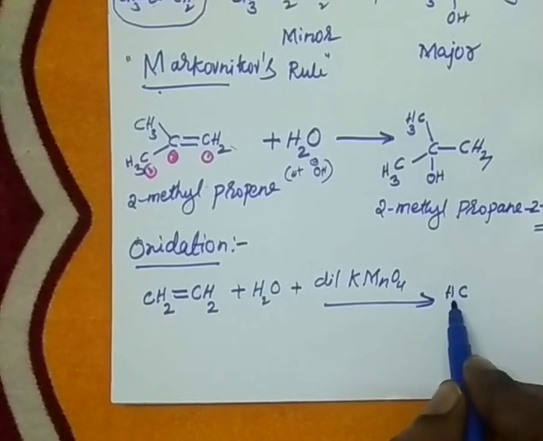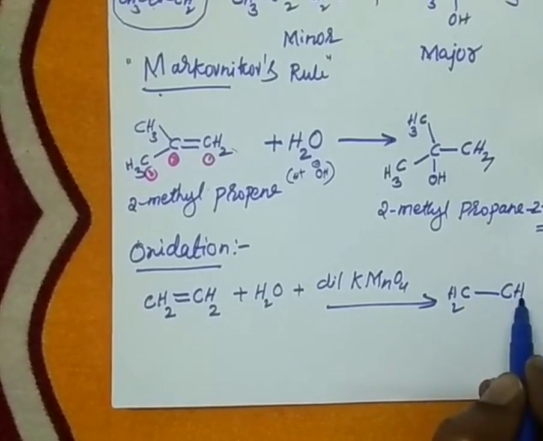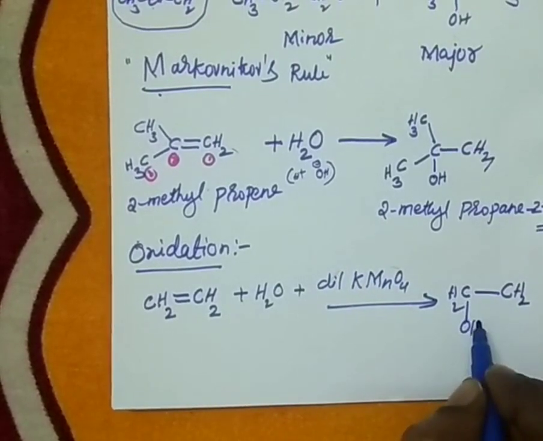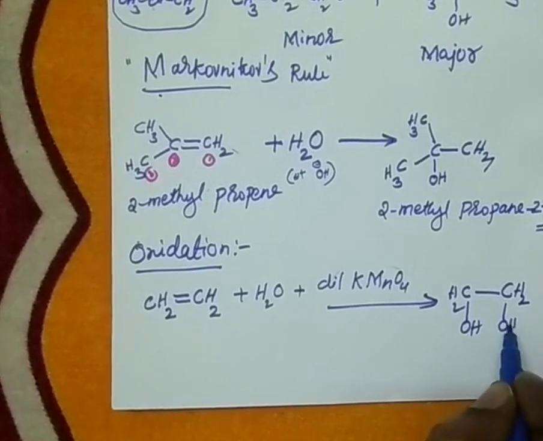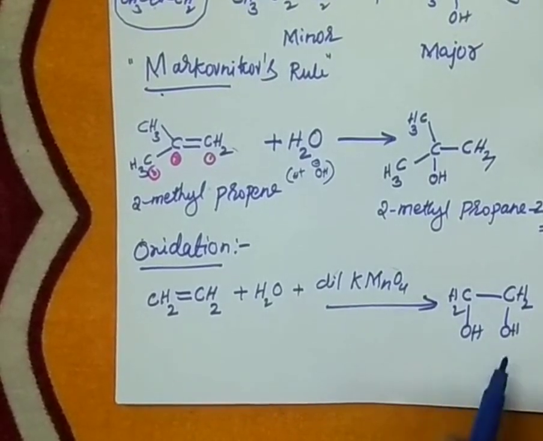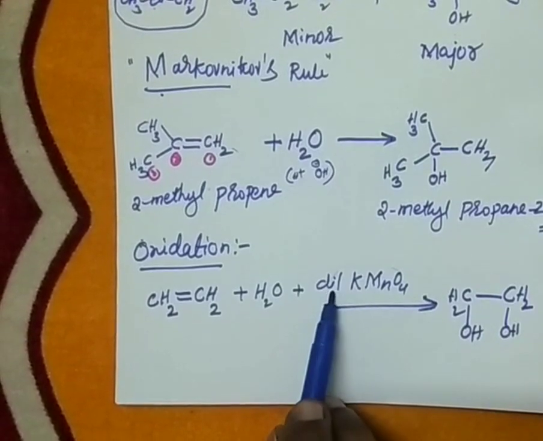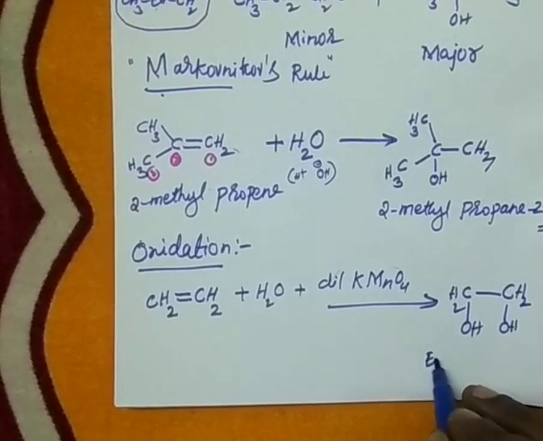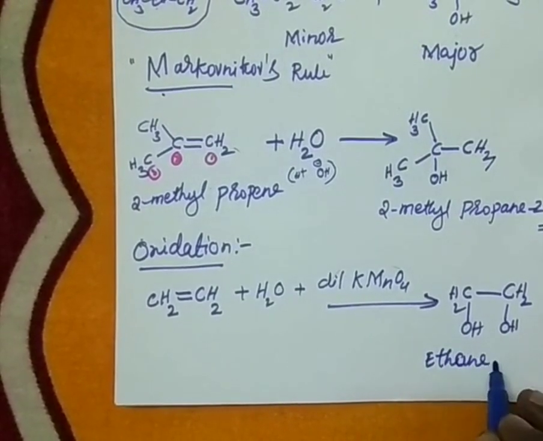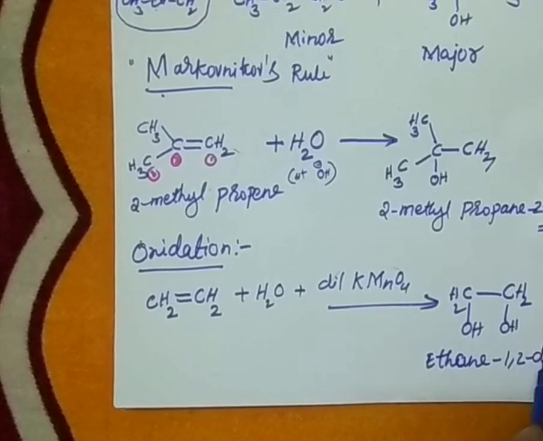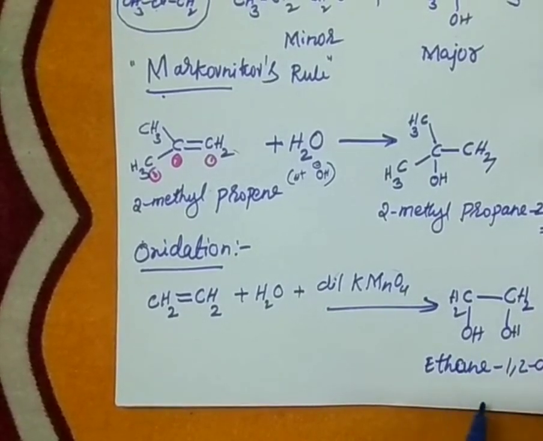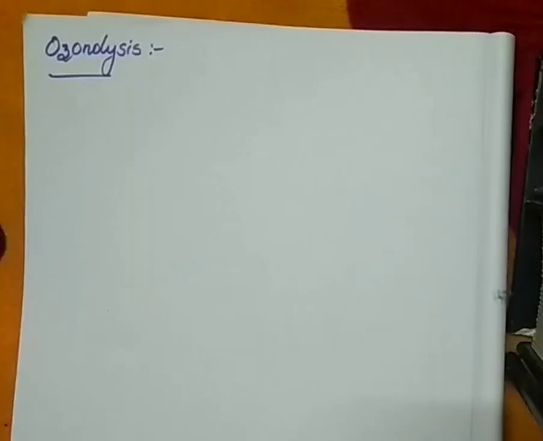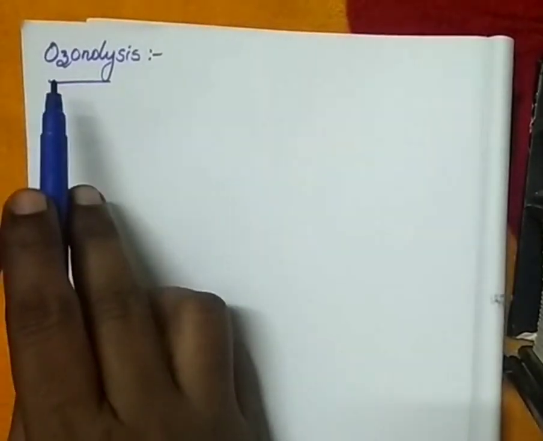How to write the product? First write the reactant without the double bond, and KMnO4 gives 2 OH groups. Please don't worry how these OH groups are formed, what the mechanism is and all. Remember that dilute aqueous KMnO4 on addition to olefins will convert them into diols. Right? Ethane. May I write ethane-1,2-diol because of 2 OH groups? Therefore, I can write 1,2-diol. Right? So, this is okay. Let us continue with the next reaction.